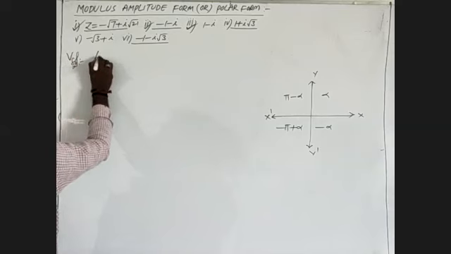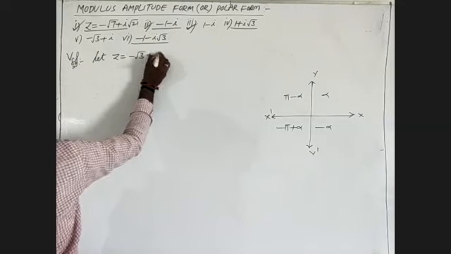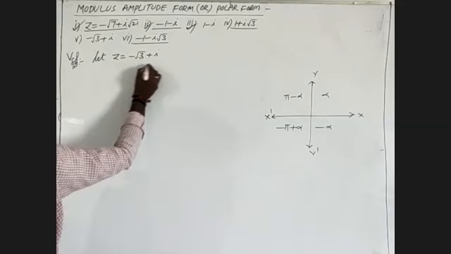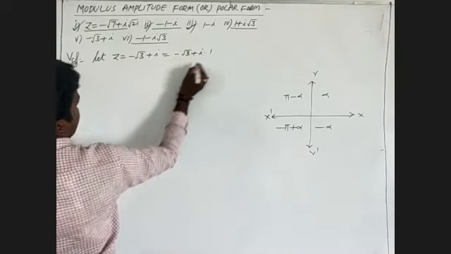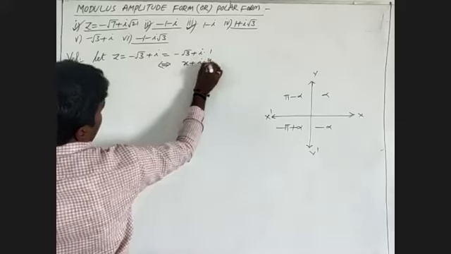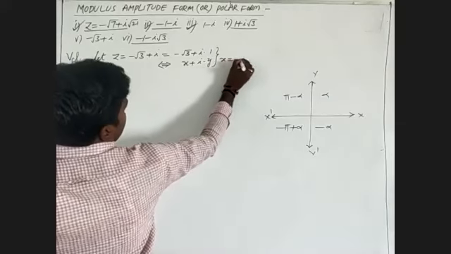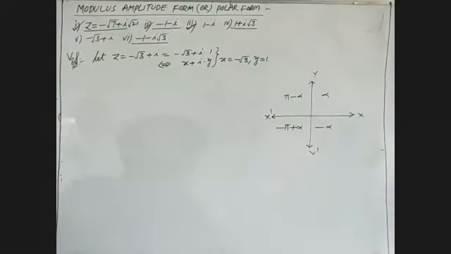Given complex number, let us say that z is equal to minus root 3 plus i. This we have to write as minus root 3 plus i into 1. How to compare in this one? x plus iy. How to write the values of x and y? Where x is minus root 3, y will become 1.